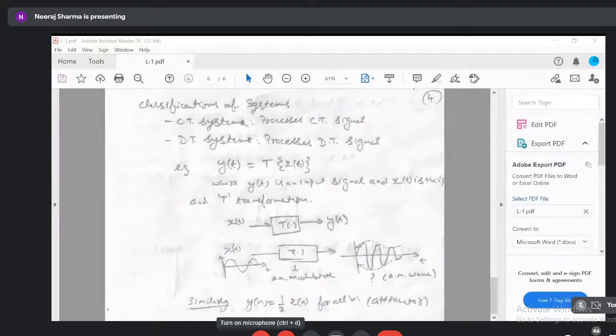So this is all about the definition of signals and systems, and the first category of classification, that is CT signal and DT signal, and CT systems and DT systems. So in the next class we will discuss the analog and digital classification, deterministic and random signals, right? So periodic and non-periodic signals, energy and power signals. So all these classifications will be discussed in the next class.